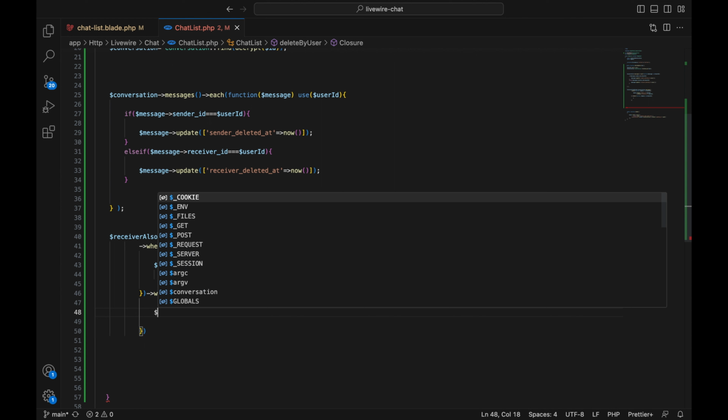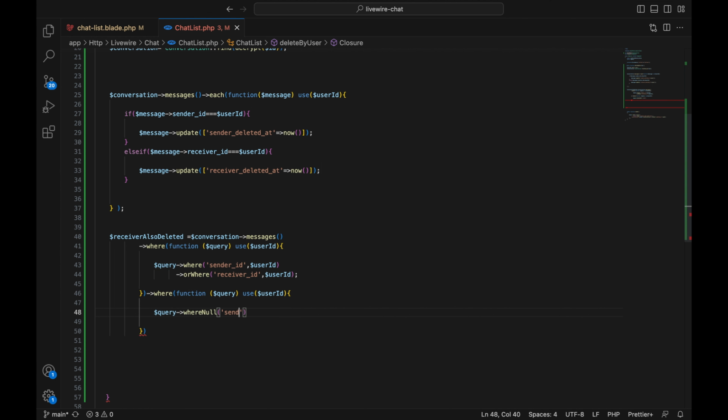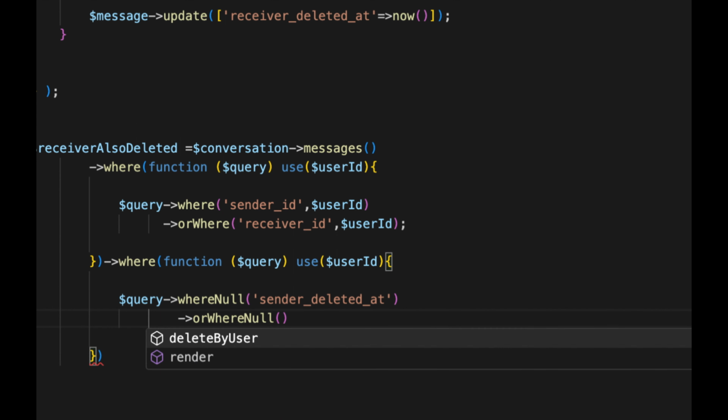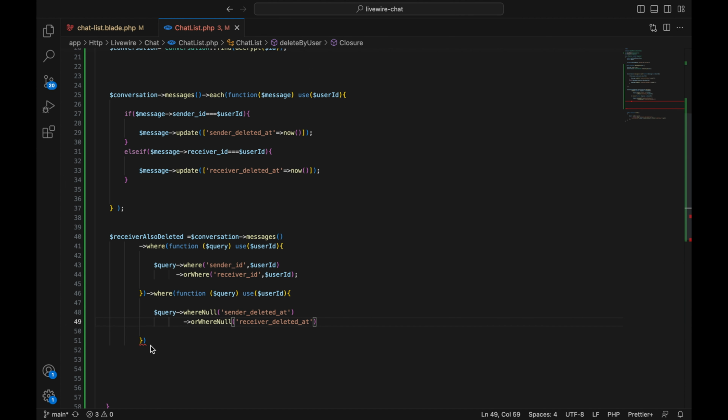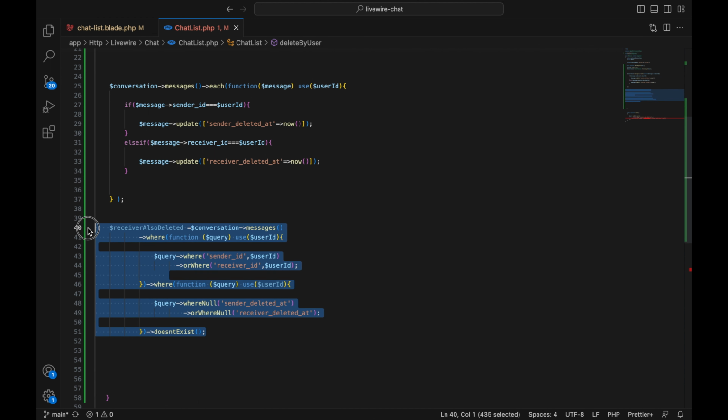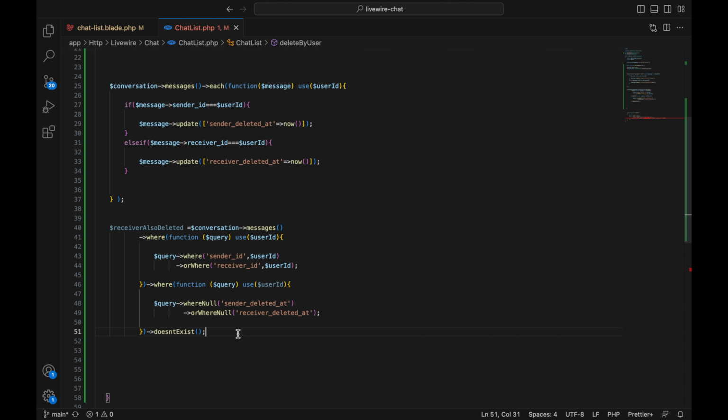Alright, here I'm gonna get this query, check where now sender deleted at down here again, or where null, here make sure that there's you point there, or where null receiver deleted at. Right after that we're gonna check doesn't exist. Add the semicolon there, also here add the semicolon. Okay, so this is just gonna check to make sure that all the messages have been deleted, and if that's